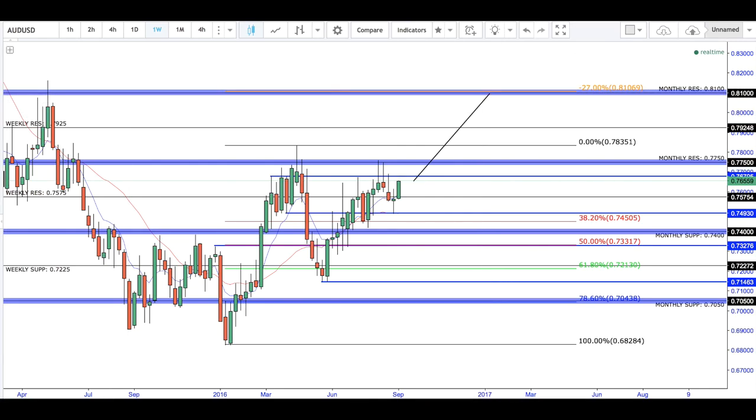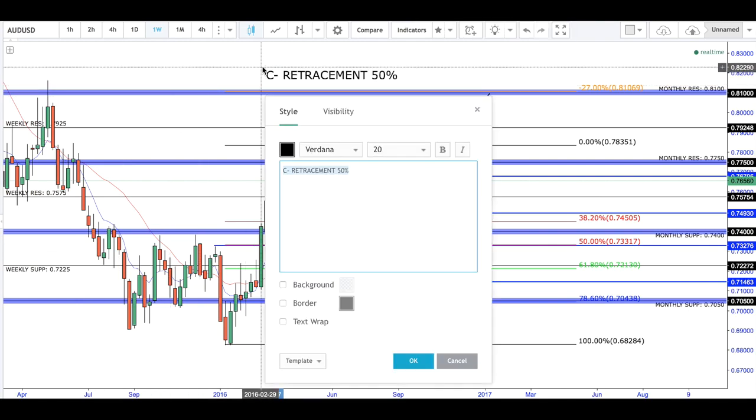So we've got two confluences up there as well. So the two confluences are minus 20%, minus 27% or 127% extension, and